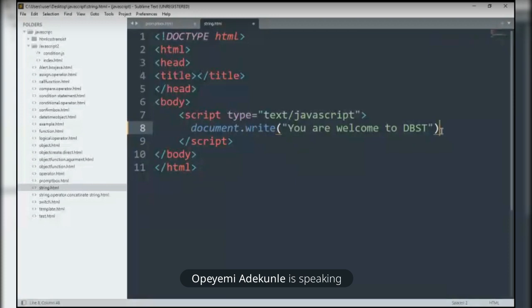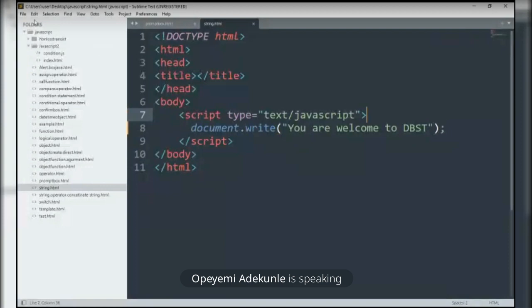Now, mind you, in CSS every statement is terminated by a semicolon. In fact, the rule still stands as far as JavaScript is concerned: every statement ends with a semicolon. You can see I put the semicolon there. The next thing we need to do is save our file. For some of you saving for the very first time, you can press Ctrl S